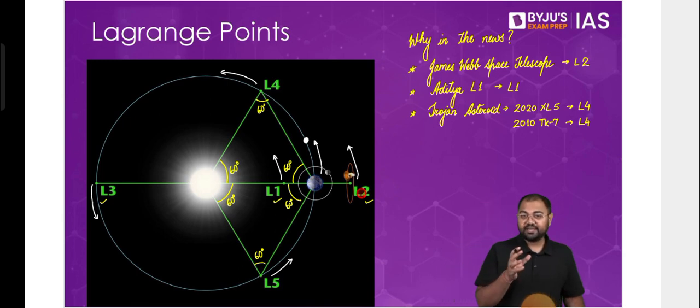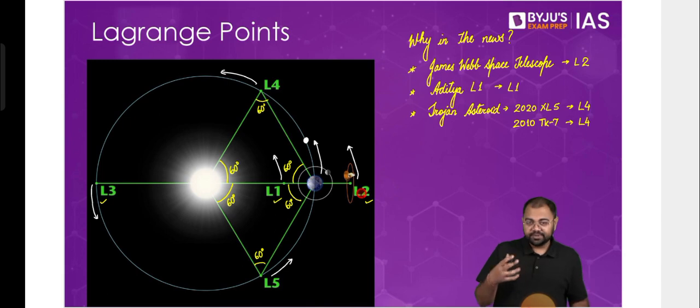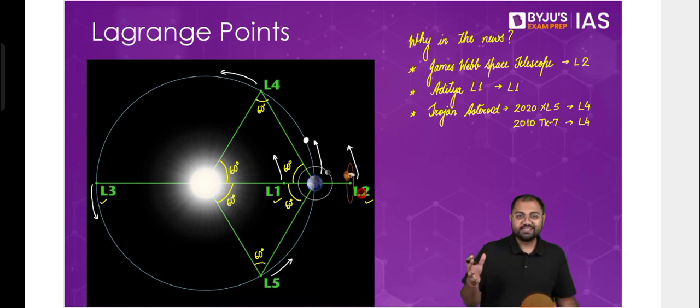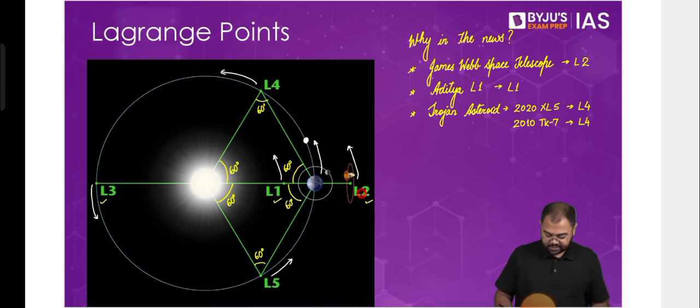And a space telescope like the James Webb Space Telescope has very highly sensitive equipment and components. The mirrors and the lenses are also very highly sensitive. So you need to protect it from the harmful radiations of the sun. It has a lot of shields as well, but there is a natural shield that acts for it, and that natural shield is the Earth. So that's why L2 becomes very significant for us from this perspective.